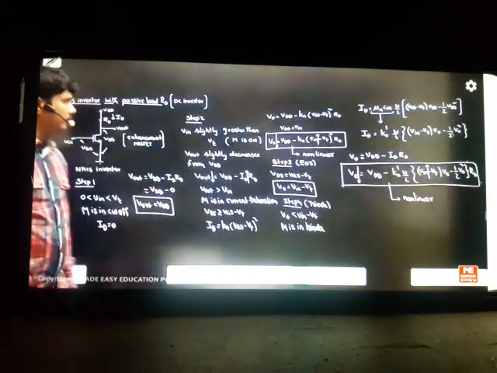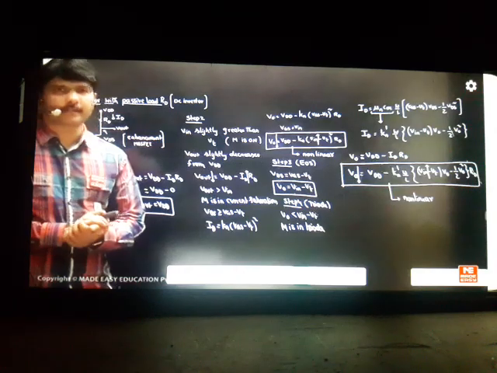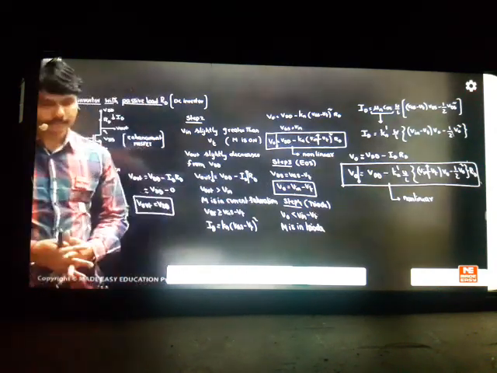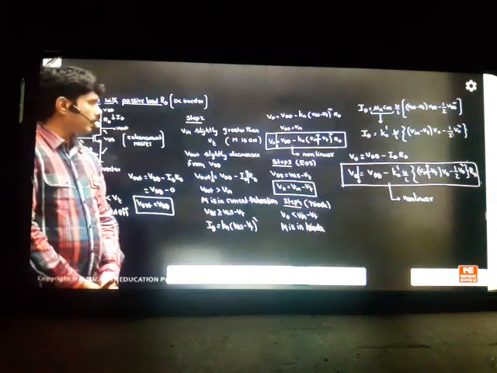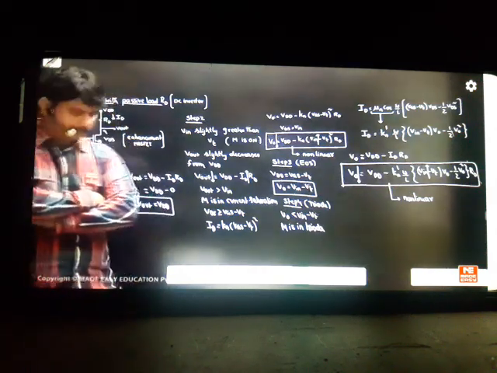This is a complete equation sequence. The total board is covered with a complete approach. Only 4 steps I explained. First step is cutoff. Second step is current saturation. Step number 3 is EYS. Step number 4 is triode. Total 4 cases will come. So they are very easy to understand. They are not very tough to do these problems. Try to understand the principle. Definitely you'll do these questions well. The principle is good.